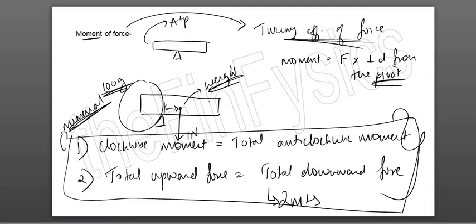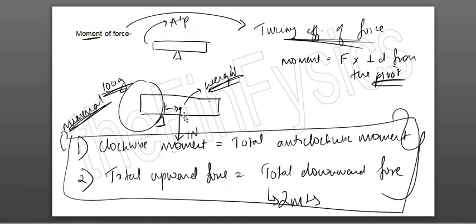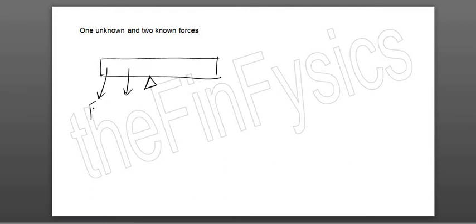Are we clear, bachas? So the types of numericals, one will be a simple numerical where they give you one known, one unknown force. Sometimes they give you 2 forces which are known. Suppose over here, one force is here, the other force is here. Suppose this is F1, this is F2. They will give you the distance D2, and this total distance you have to take. Remember, it is always the distance from the pivot D1, and then they will give you some value of this force F3, which is at a distance D3. Okay, now either they will give D3 missing or F3 missing.